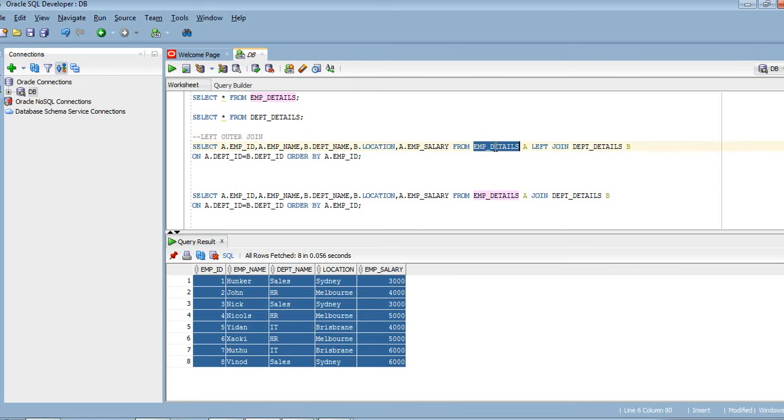So except the intersection area, we will retrieve the outer area of the left table where the joining conditions are not matching, or where the joining conditions are not valid. Means we are matching the department ID from these two tables, from employee details and DP details.